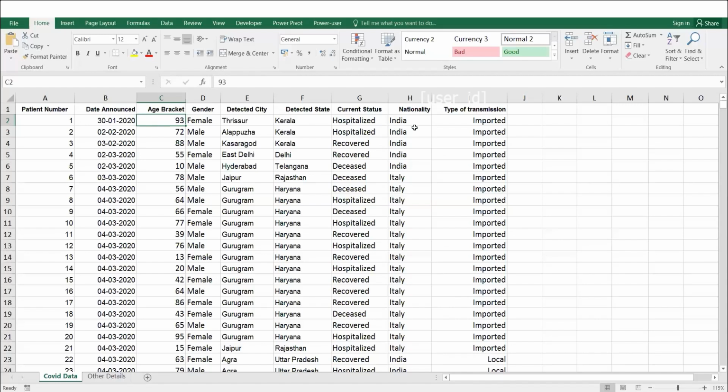Then comes the nationality. So not each and every patient who is suffering from COVID in India is an Indian. There might be foreigners who have come to this country and have been detected positive and are being treated here. So nationality can be India, Italy, or any other country as well. Finally, we come to type of transmission, which can be either imported, which means that someone